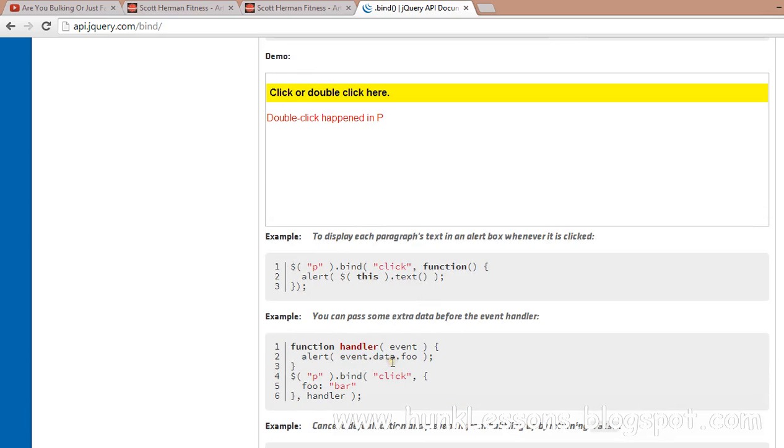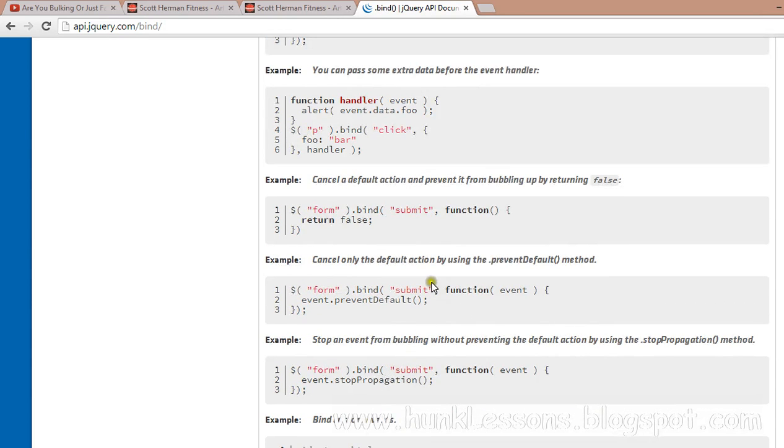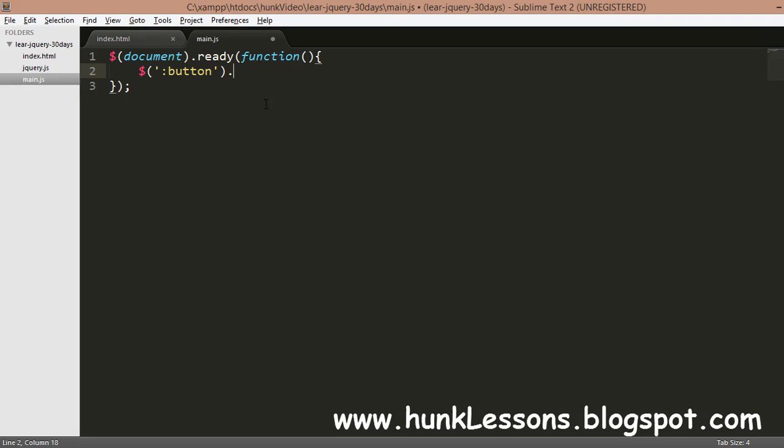It's like submit. You don't have to use it every time. You can do it like that, submit, but bind is the right way to do that, because submit is a shorthand method and bind is a longhand method, and I will be forcing you to use bind because I love it, that's why bind.